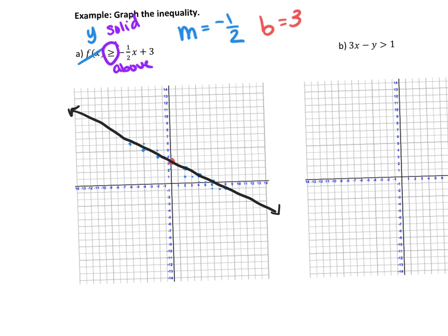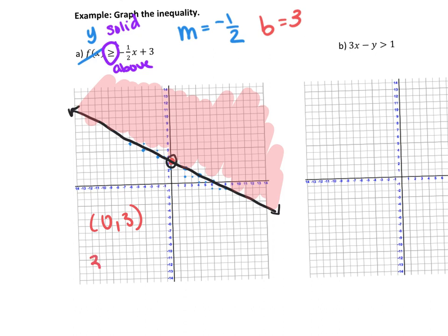Now, the next part says to shade above. Well, I go to my y-intercept, which is here. If I want to shade above that, the shading is going to take place up here. And I can verify that any point in this region is a solution. I start out by taking the y-intercept, which is the point 0, 3, and I plug it into this equation. So f of x just means y. If I take the point 0, 3,